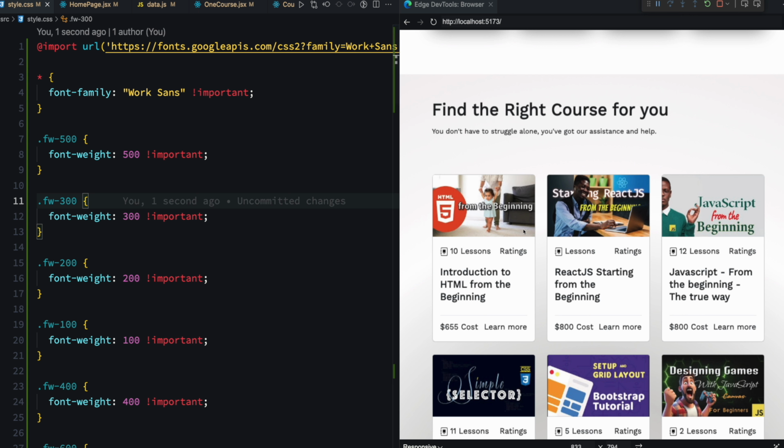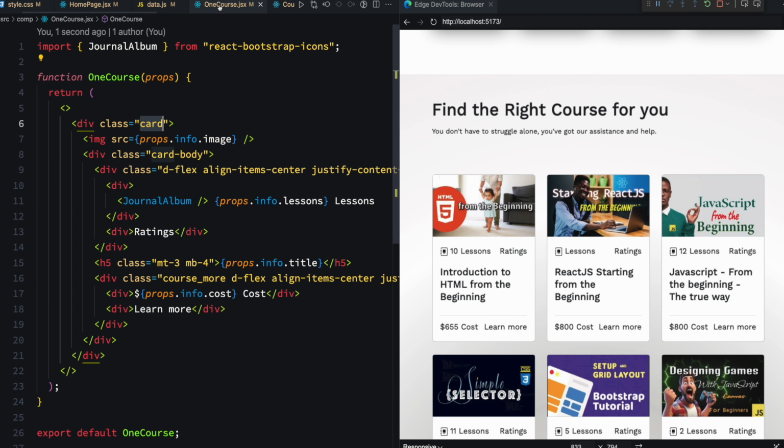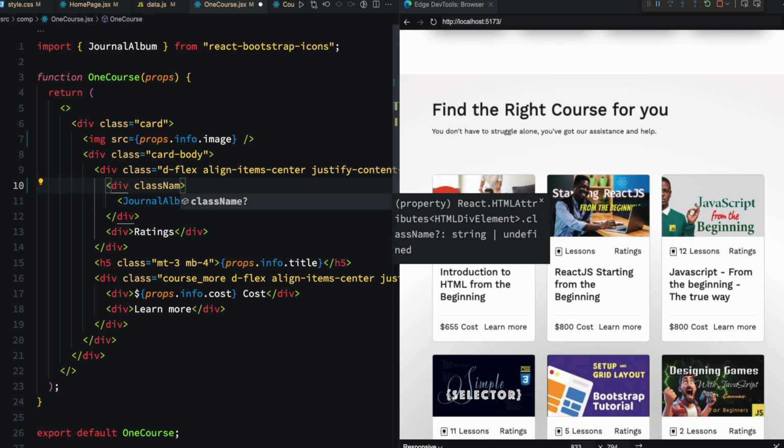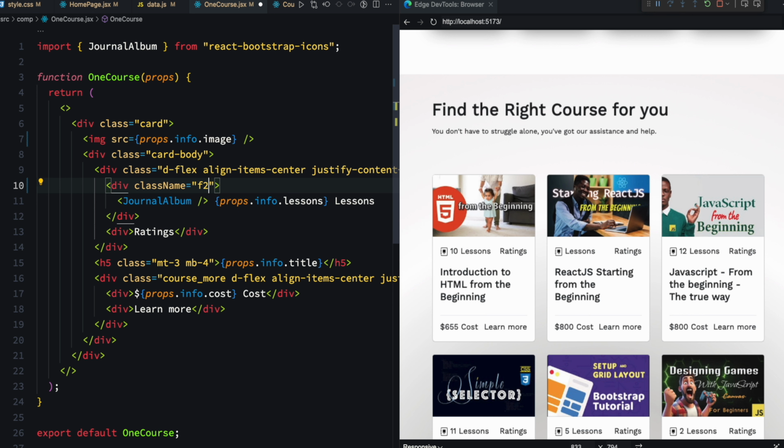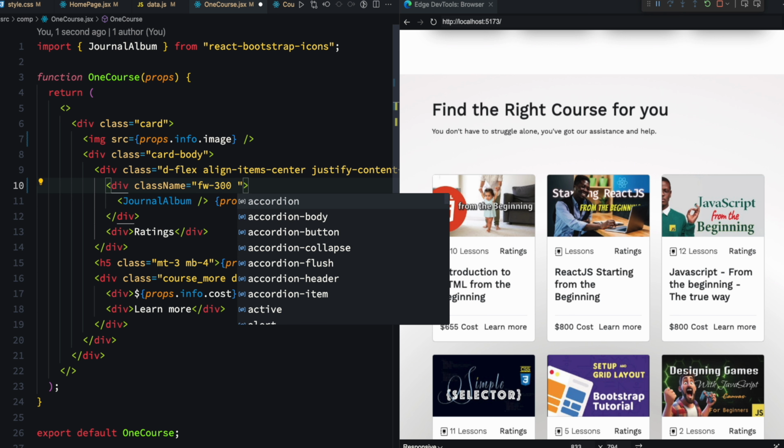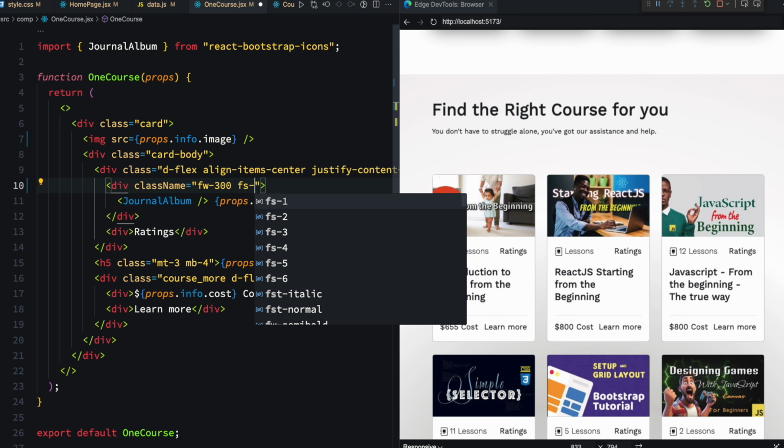Okay, so my next styling is to style these lessons. It's too big. Let's see where we have it. It's in one course and we have lessons here. It's not styled at all. So we'll have our class name. So font weight, so let's see 200. That's too light. Let's see 300, and then let's change the font size to